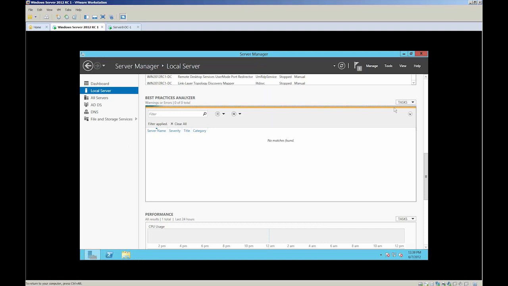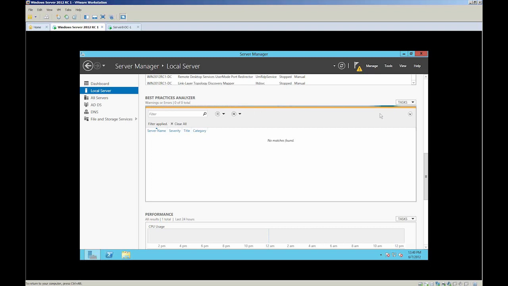Now, I will tell you that the Best Practices Analyzer is a pretty good thing. And every version they've made has gotten better and better. It's a great way to allow Microsoft to compare the way your system is set up against a database of what they think. And by the way, that database is always changing. It's constantly changing based upon feedback from different companies and things like that, so that it can tell you where you might want to change things.